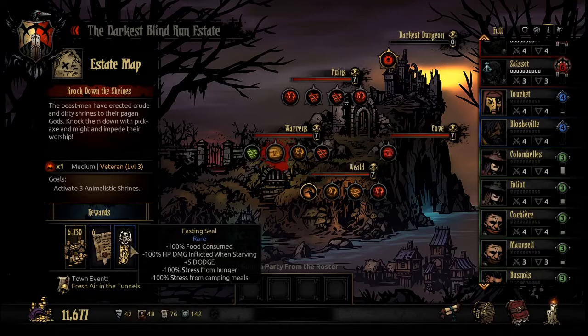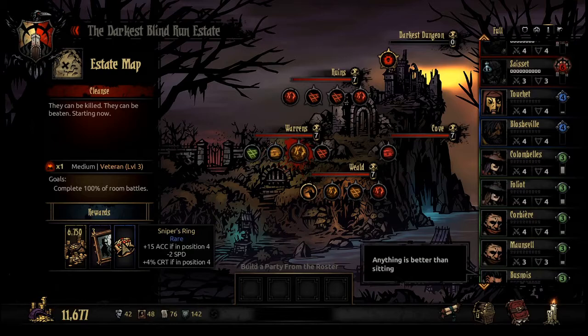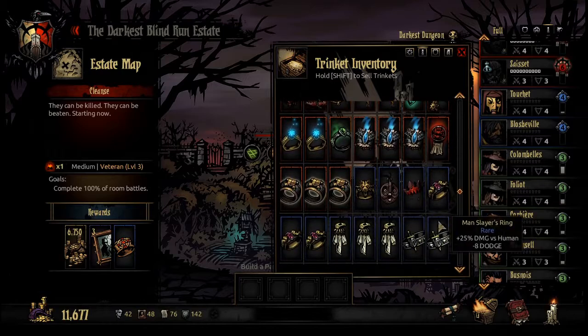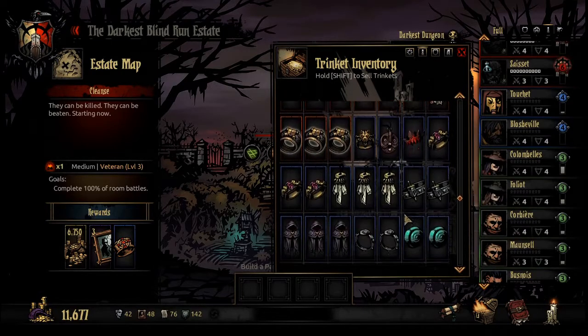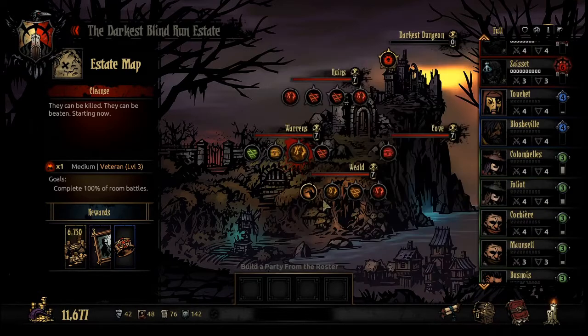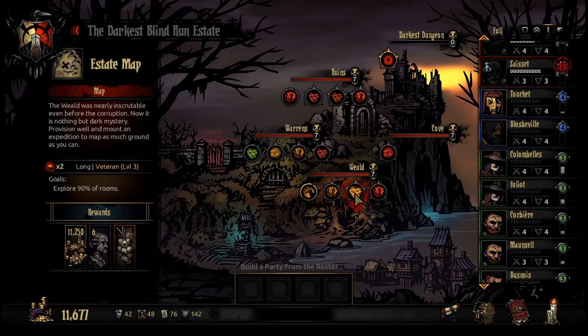Fasting seal. That's interesting. Though food isn't that much of a problem for me. Sniper's ring, I think we already have one. Though it's possible that we lost it due to... Nope, we actually have two. Beast Slayer's ring, we already have one of those too. And fortifying garlic. So...